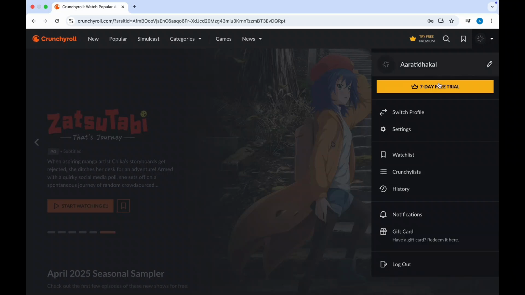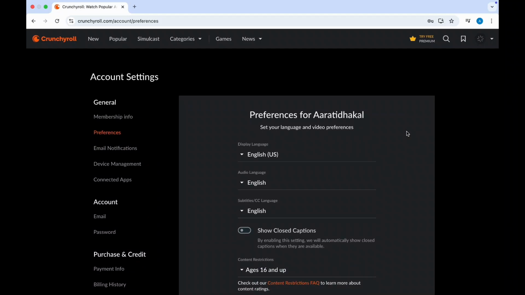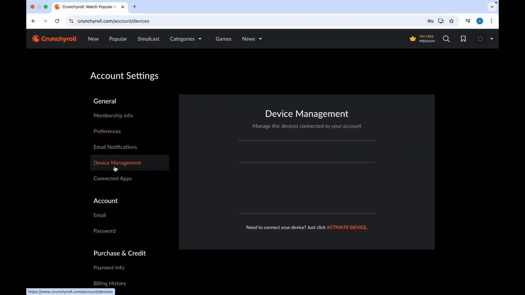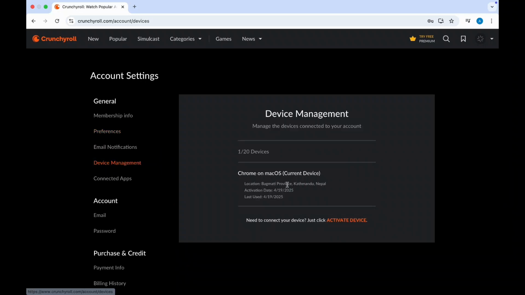Now from the drop down, tap on the settings option available there and navigate to the settings of Crunchyroll. Now in the left hand menu, there you will get to see the device management option available, tap on it. Once you tap on the device management, you will get to see the list of devices currently connected to your